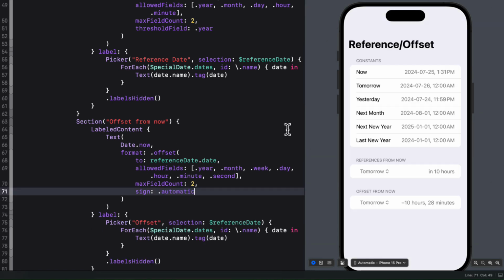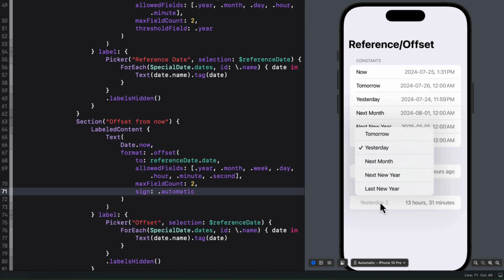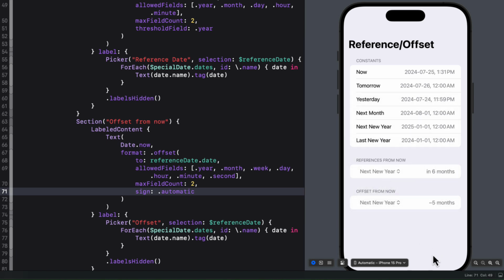You can see the difference here between reference from now and offset from now. The offset is a negative number because the current date is earlier than tomorrow. Plus, it gives you hours and minutes. Let me choose yesterday. You'll see it gets a positive number. If we choose next new year, it just gives us a month because it's too far away to give us